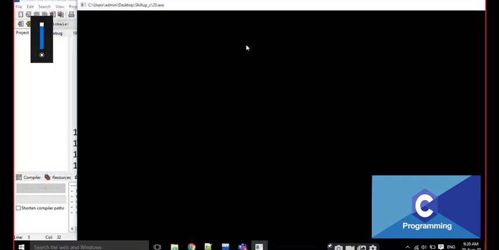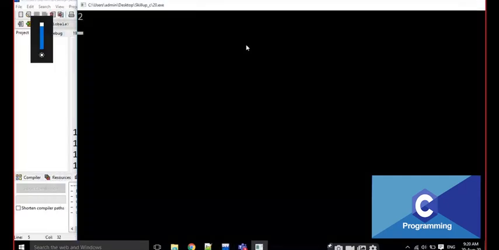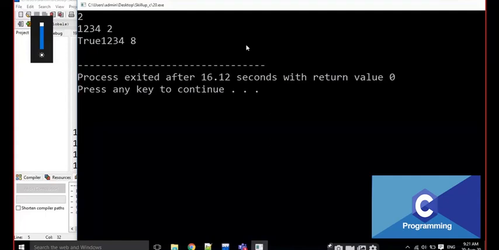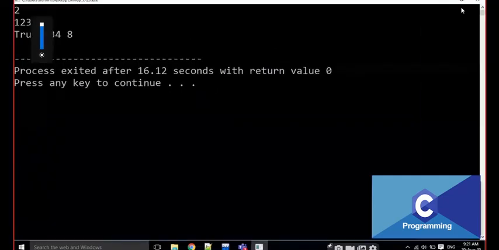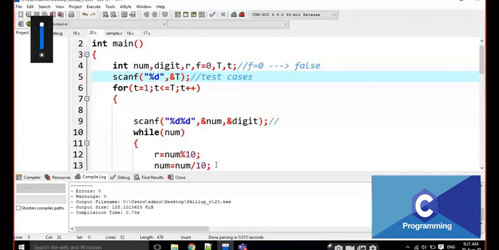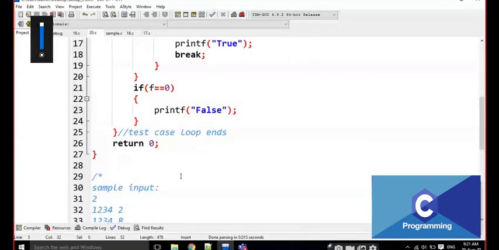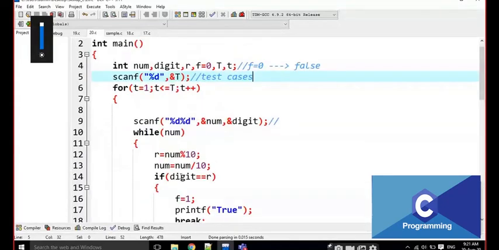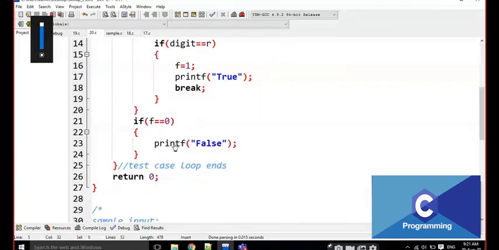For example, if I am executing this, I am giving 2 now for test cases. Now I am going to write here 4 as the number, and the digit is 2, and the output is like this. And look at here, it is not printing anything else.